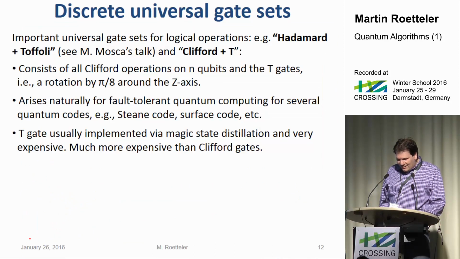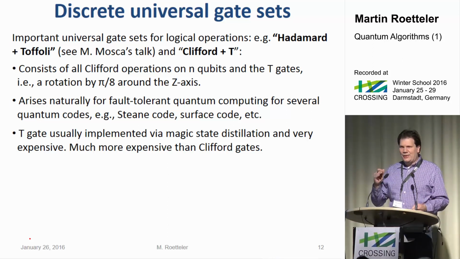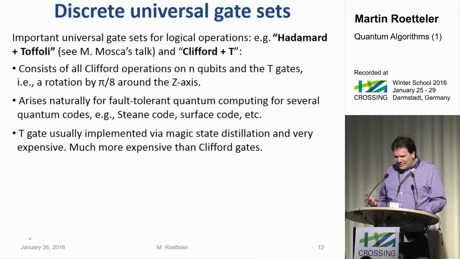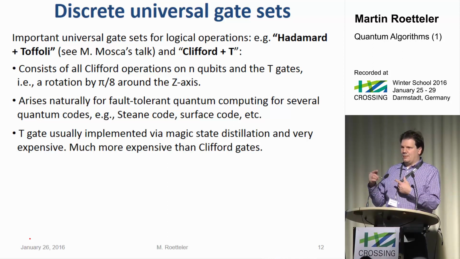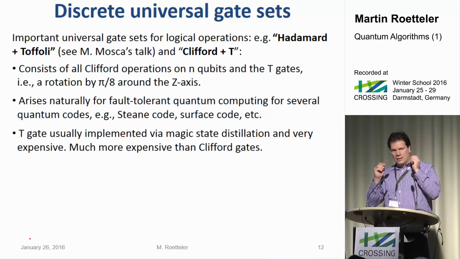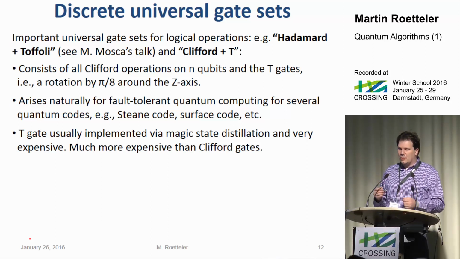It's not realistic really to assume that you have arbitrary rotations, because then you would have angles that are given by any real number essentially. So in practice you'll have to work with a discrete set of gates, and that set of gates will generate a subgroup of the entire unitary group, and hopefully it will be such that it's dense. That means that for any given unitary you will always find an element in that discrete group that's arbitrarily close. Right? For any given unitary and any given epsilon you find some element of the discrete group that's epsilon close. And there are several very popular gate sets.